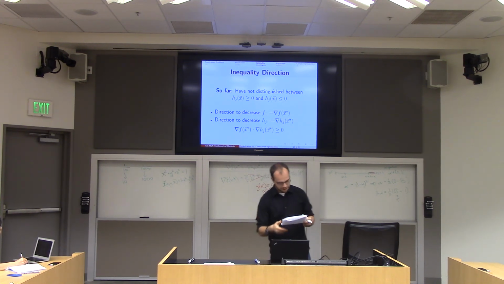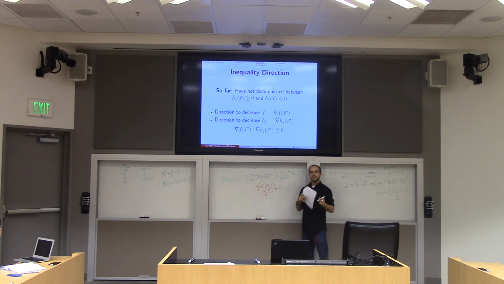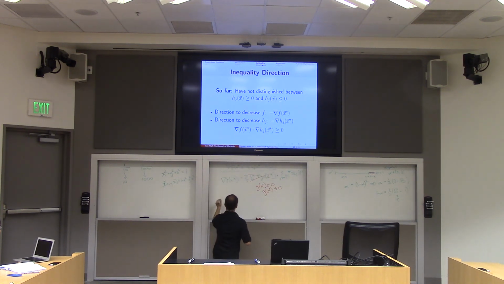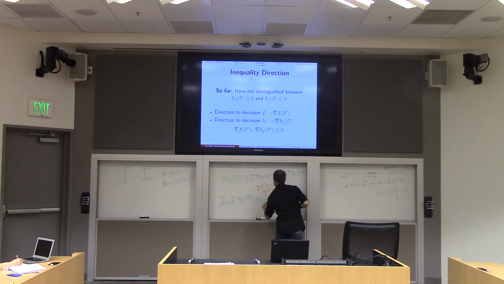Okay. So what am I going to do? I'm going to do a really cute trick, which is I'm going to take the dot product of both sides of this equation with the gradient of h sub k. Remember, I have all of these different inequality constraints. I'm just going to choose one, h sub k, take the dot product of both sides. In fact, I'm going to swap left and right in that process because I'm going to simplify one side and not the other. So what am I going to get? Well, I will get the sum over j active of mu j star times grad h j of x star dot grad h k of x star. That's this thing, dot